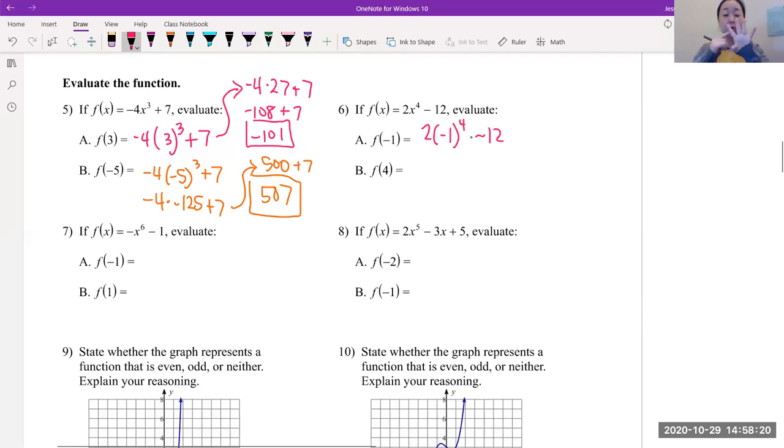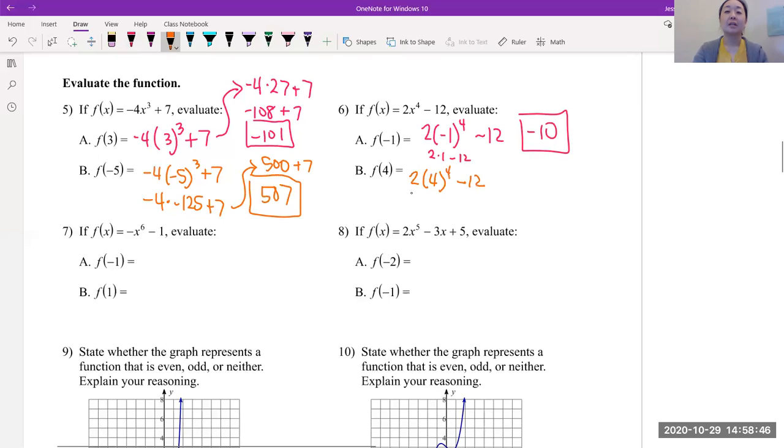Remember, it's -1 to the 4th power, so -1 times -1 times -1 times -1, which is +1, right? So this is actually just 2 times 1 minus 12. 2 times 1 is 2, so 2 minus 12, that's just -10. All right, second one, f of 4 is going to be 2 times 4 to the 4th power minus